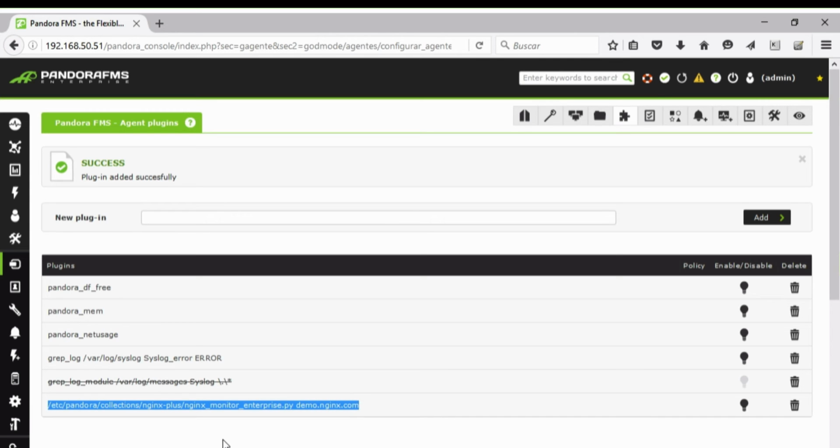What's going to happen is that next time the agent tries to contact Pandora, which happens about every 5 minutes, this new configuration will be downloaded and it'll automatically start registering metrics. In order to speed up this process, I'm going to now restart the agent manually. Okay, so if we now head over to the Modules tab,